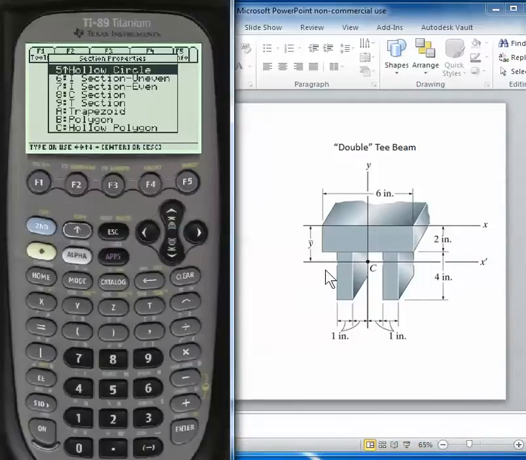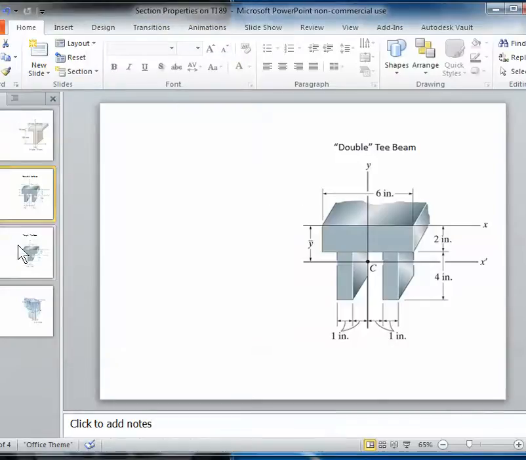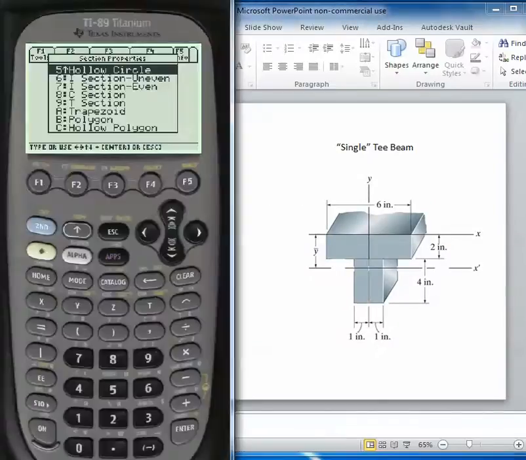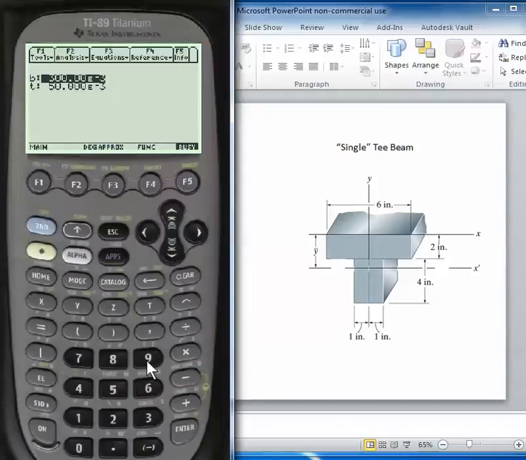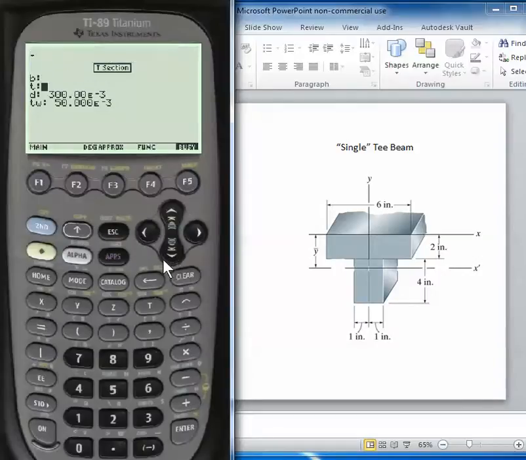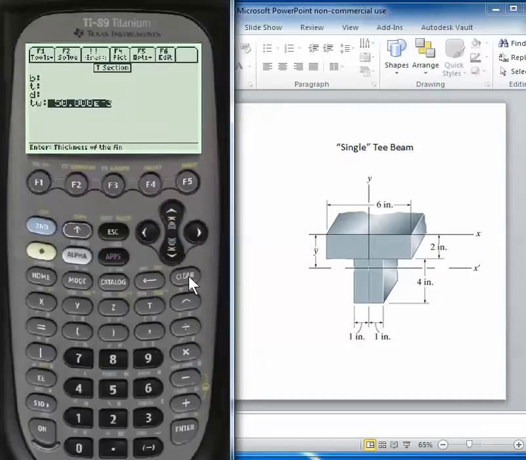So if we visualize that, it looks like this. Now we've got the T-beam just like we had before, so we can come down here to number 9, T-beam, and I can clear all those out. And we can start at the top again. This time it's going to be 6 inches. I'll just put in 6. Again, no units